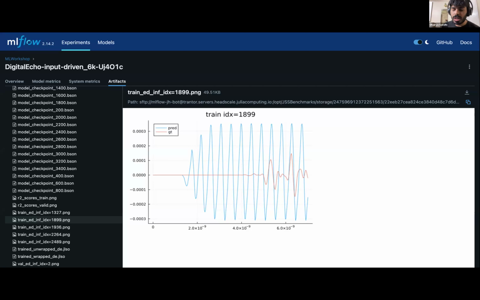R2 is a score of basically how similar your prediction trace was to the reference trace. So let's say we want to also understand what the R2 mean looks like, both for training and validation. So we have a lot of numbers and metrics for us to play around with. And finally, we can ask